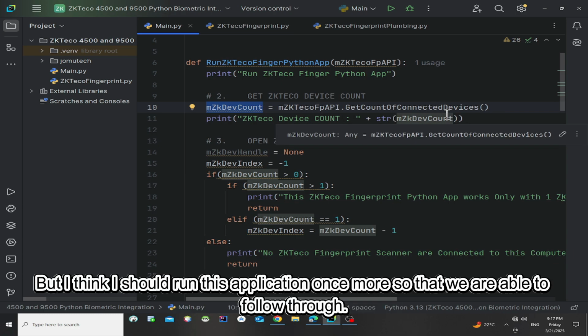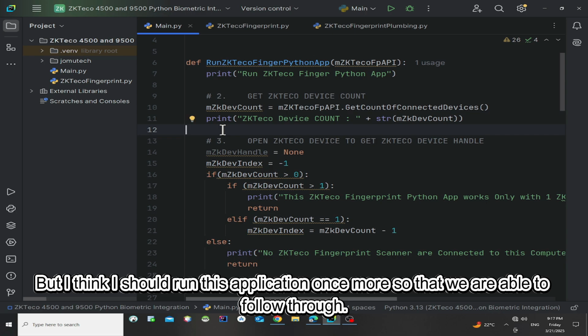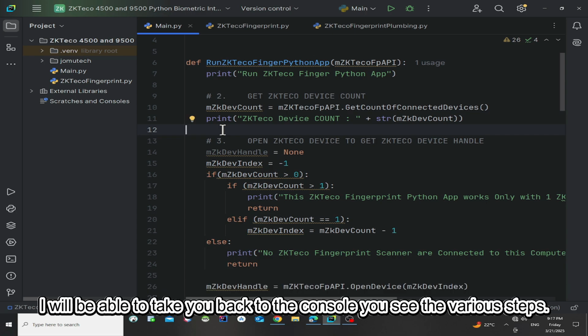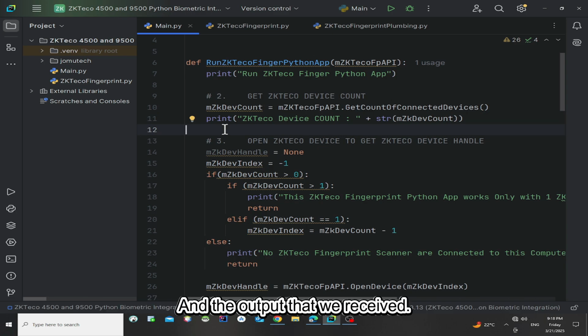But I think I should run this application once more so that we are able to follow through. I'll take you back to the console. You see the various steps and the output that we received.